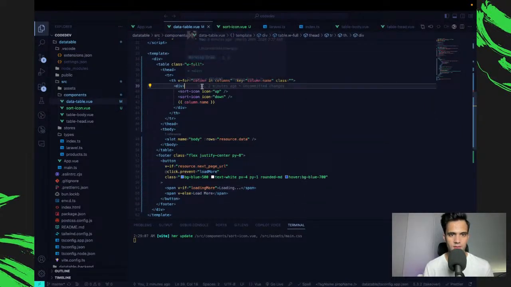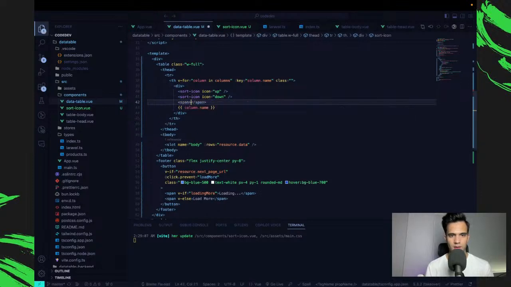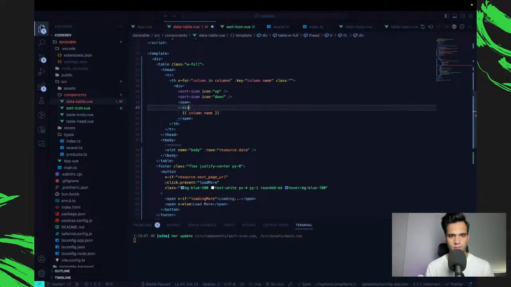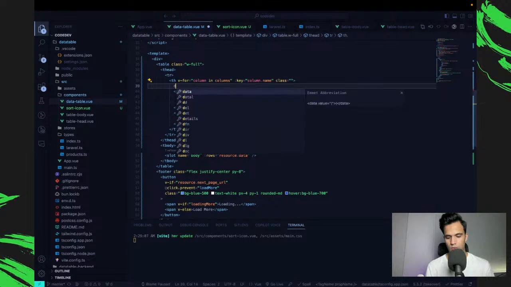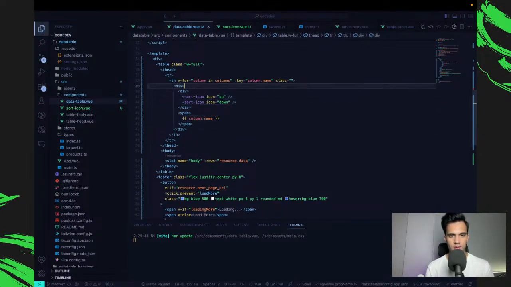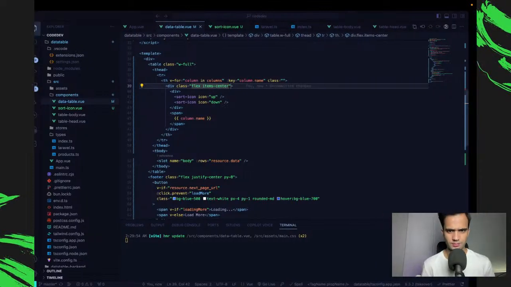So here I can just say, let's give it a span. Wrap those in a div. Wrap these in a div as well. Now that's not really the layout that I would love to have, but I need it. Items-center. So I've got items-center.